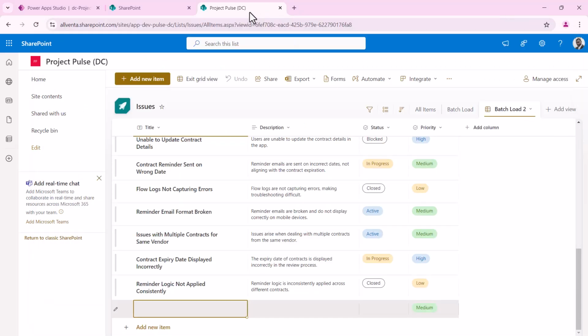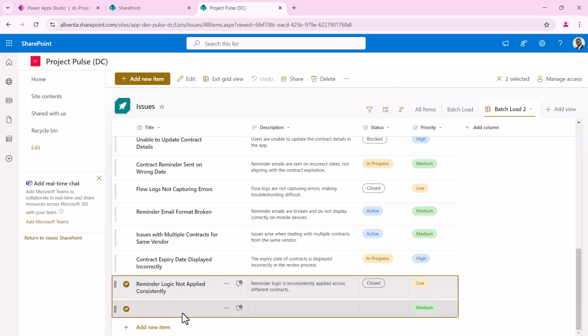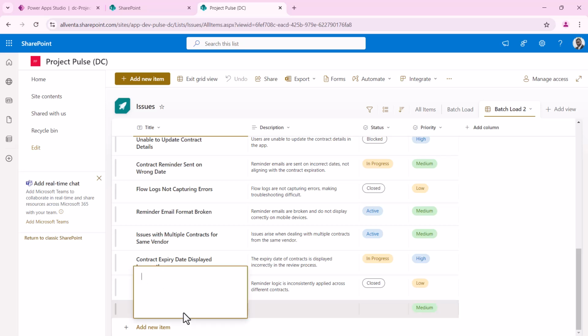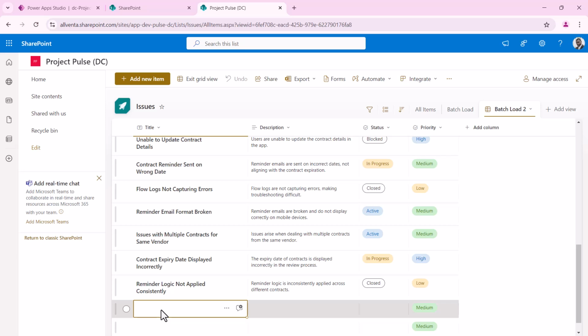And now I want to go to my issues list. This is where it gets a little bit tricky. I'm still not 1,000% sure how to correctly select this cell to where I'm pasting in rows and not trying to paste all the data into a single cell. The way that I see it, it seems like you just want to click on this once to get the entire cell highlighted. If you have a blinking cursor, I think that's what you do not want. So I'm going to just do a Control-V here,